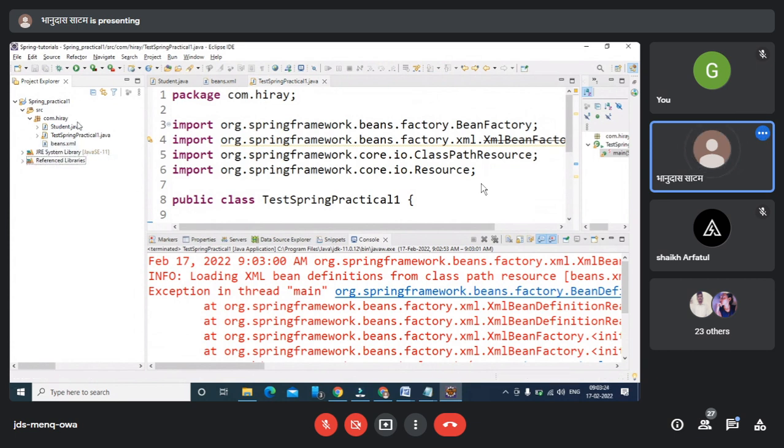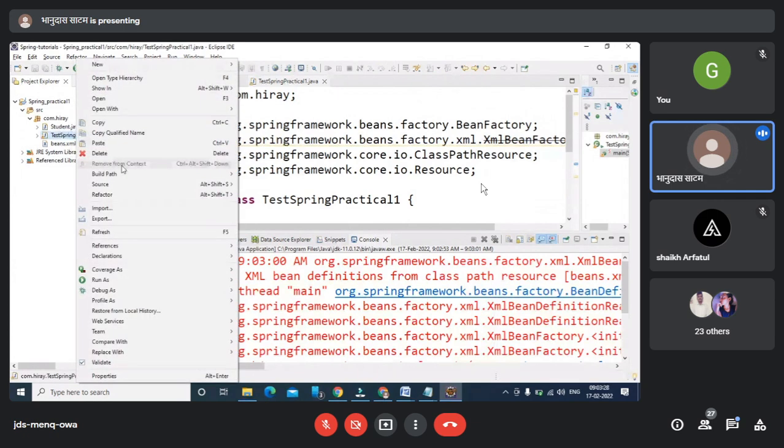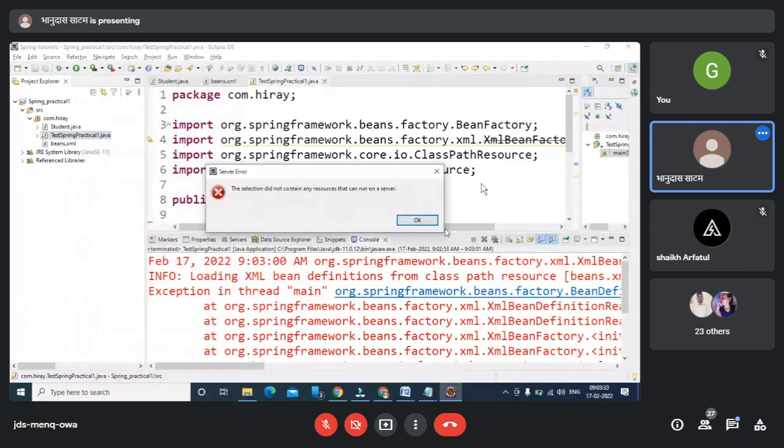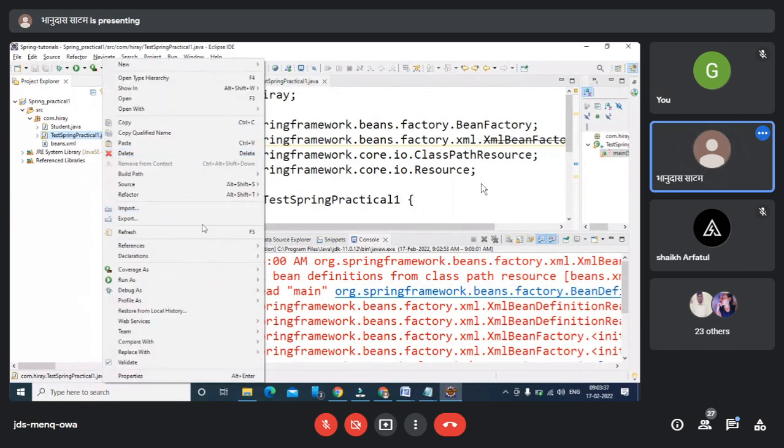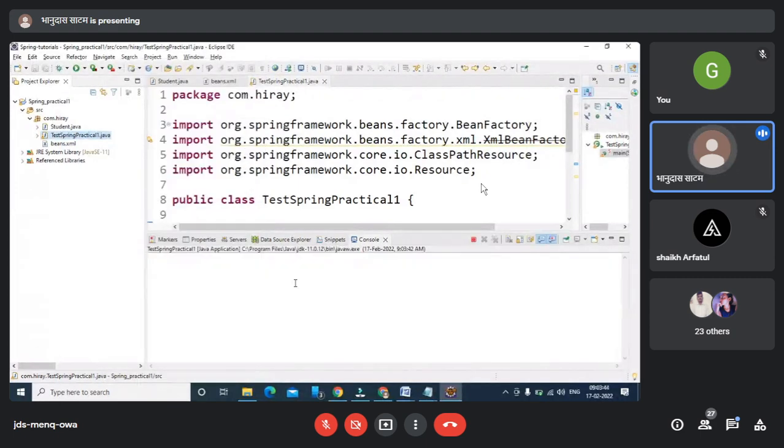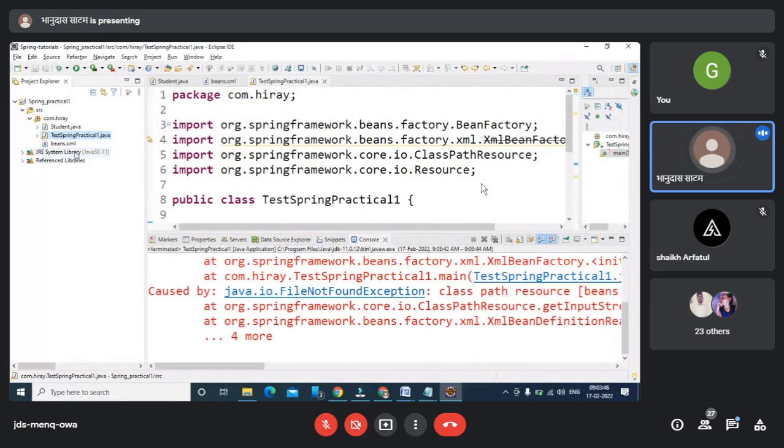I'm running again, and I'm just running my application again, not on the server, but as a Java application here. Still it is not there.